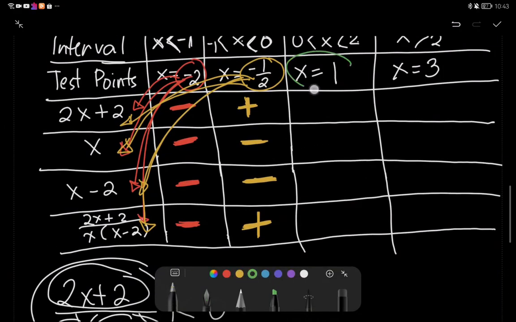Let's have this one. Puli na to dira. That is 2 times 1 plus 2. That is 4, which is positive. So, positive atong answer dere. Now,